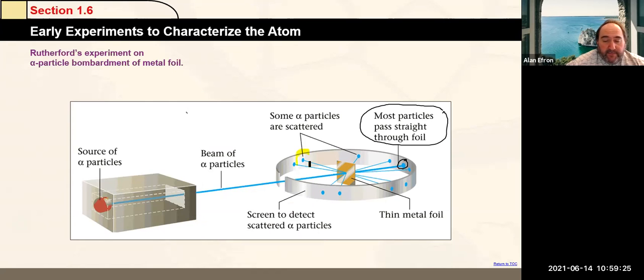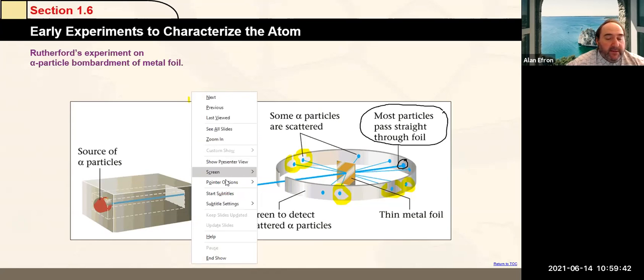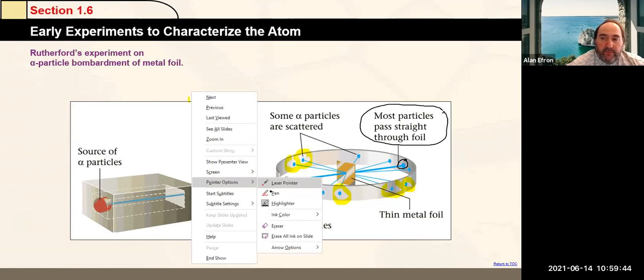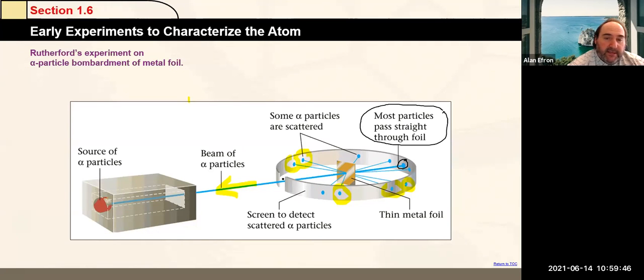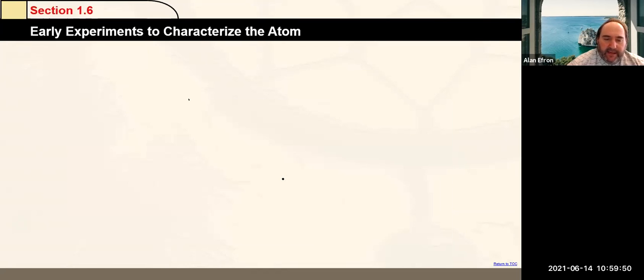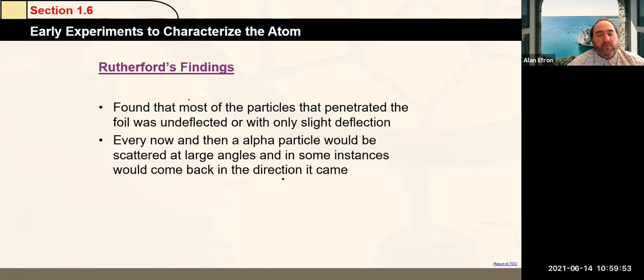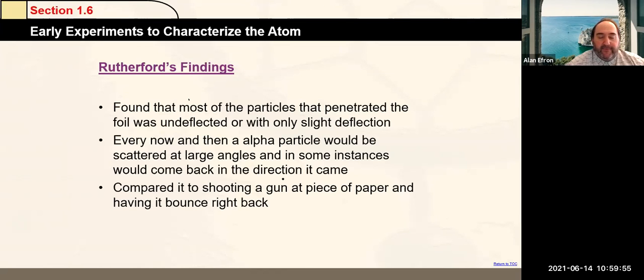They would even see some particles head back towards the source which they basically came from. So that's very different than what happened with a majority of the particles that just sailed right through. So what did it mean when they witnessed what happened here, that for the most part